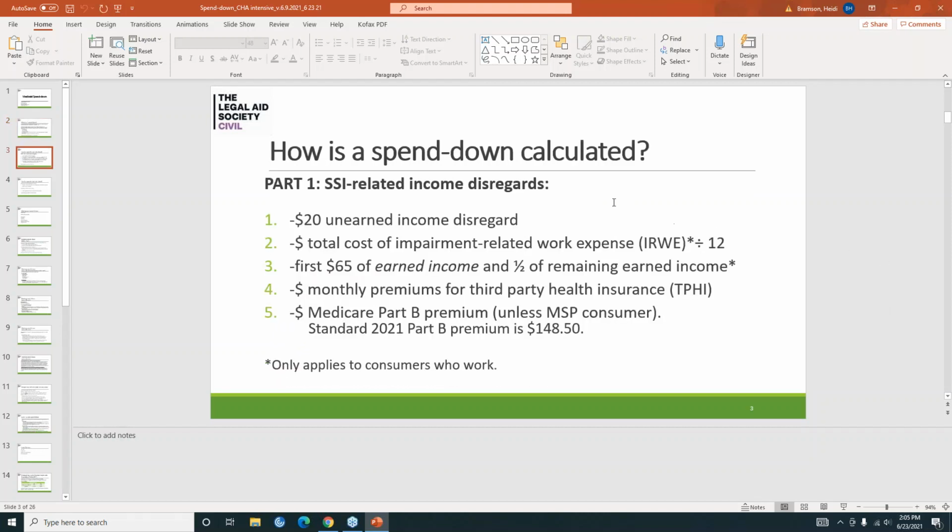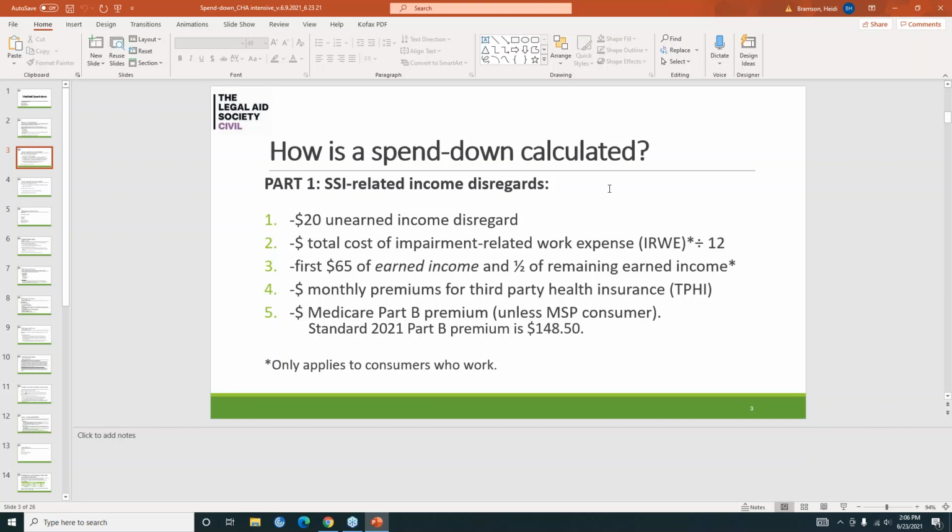Okay, so how's the Spenddown calculated? There are particular income disregards that can be applied to someone's income. There's always a $20 unearned income disregard that will be deducted from someone's unearned income. There are some Medicaid applicants who are also working. So there are impairment-related work expenses.